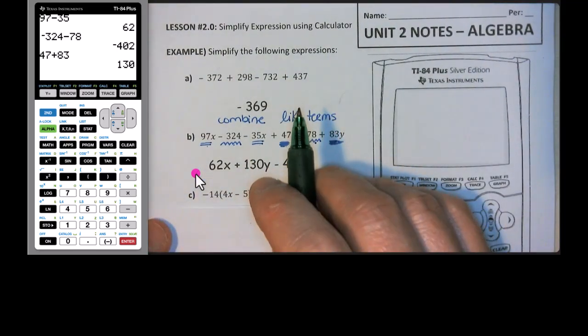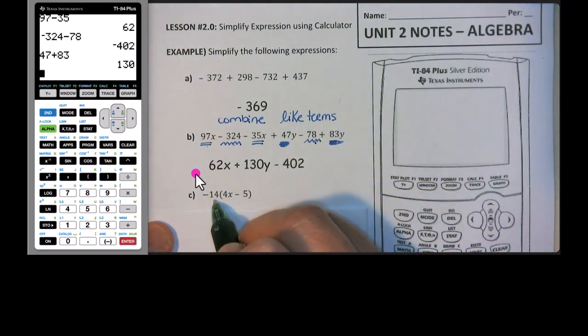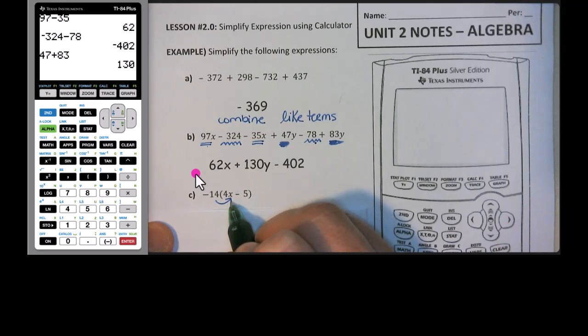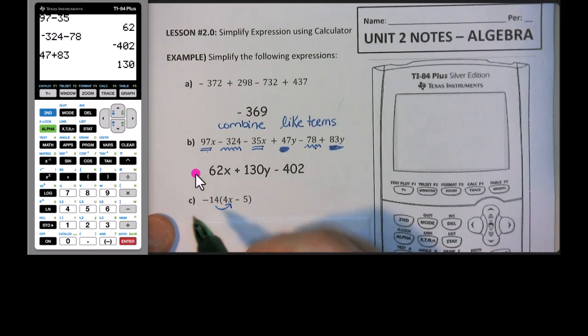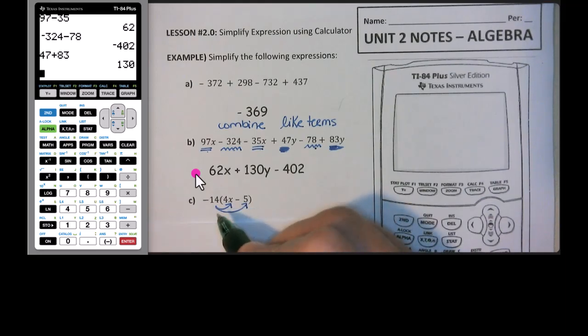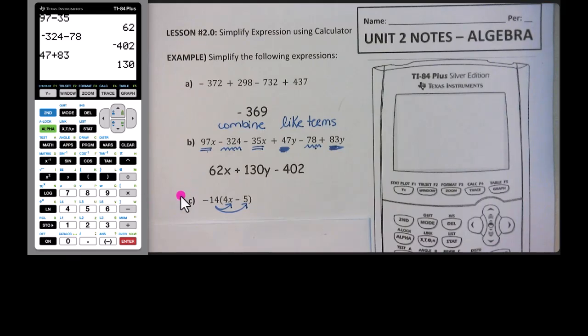Okay, the next one is multiplication. Anytime you have a number outside of parentheses, that means you're going to distribute. That's called the distributive property. We're going to distribute the number outside with the numbers that are inside, and that means we're going to multiply. Now, when you use your calculator and you multiply a negative number, you're always going to use the little negative. Doesn't matter where it is. So this would be negative 14 times 4, and we get negative 56. So we write negative 56x,